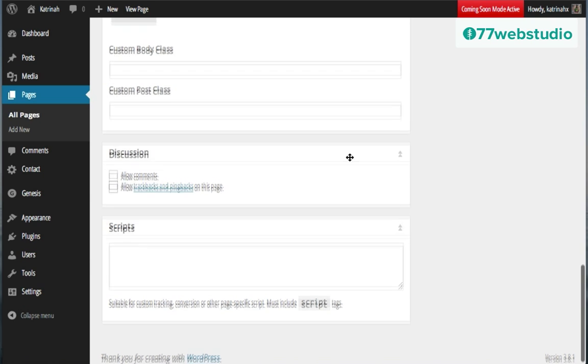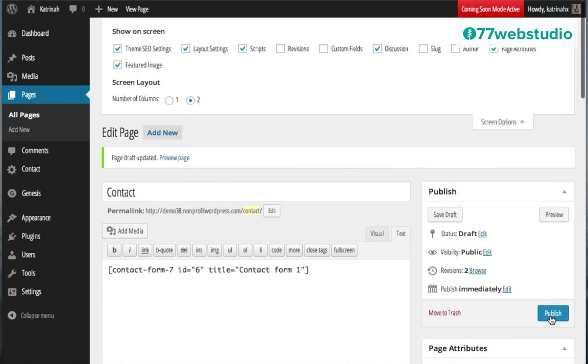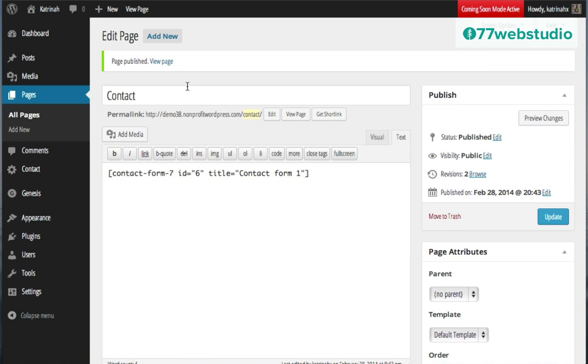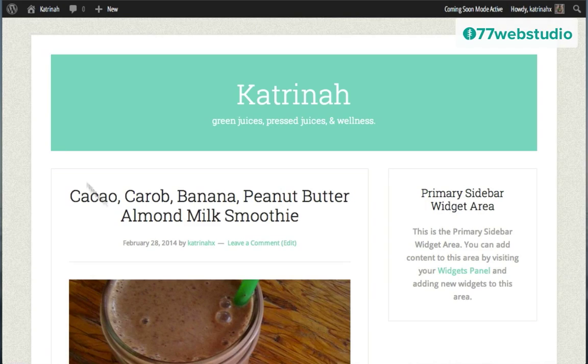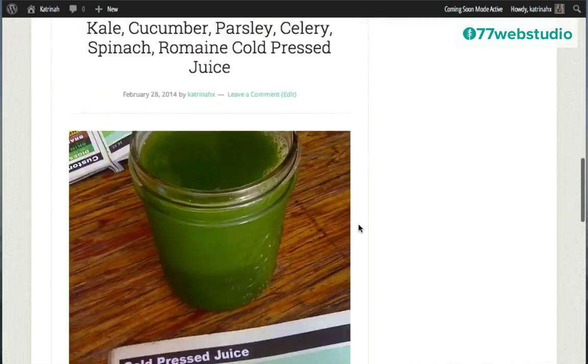Once these are unchecked, then I'm going to come up to the top and click on Publish to publish my new contact form page. Okay, so once a page has been published, now let's check out what the site looks like so far. We've been doing a lot of work, adding a lot of content to the website. Let's see what the home page looks like now. So going up to the top left-hand side of the toolbar, I'm going to hover over the website name and click on Visit Site. And here we can see the beginnings of our website.